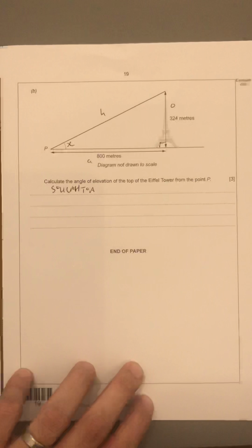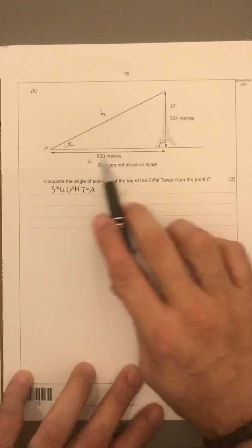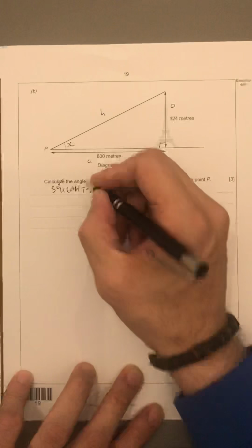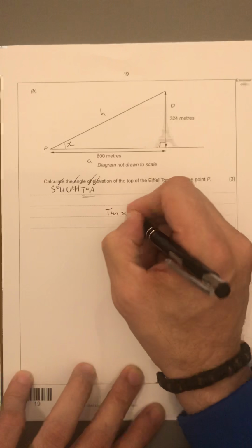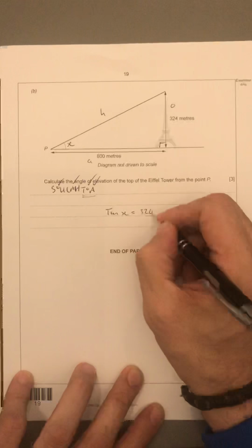Tick off what you're given and what you want to find. So we're given O and we're given A. So we're going to be using this formula here because it's got two ticks. So tan of the angle, so it's tan of X, is equal to the opposite, which is 324, over the